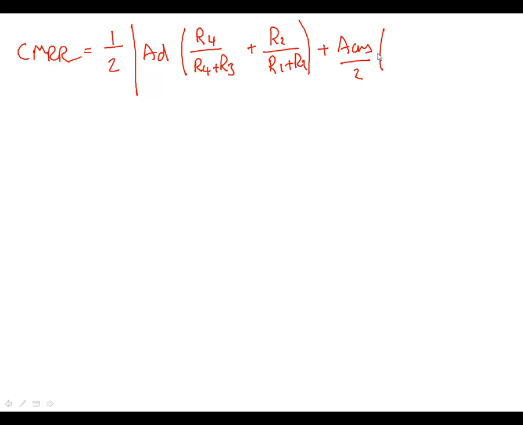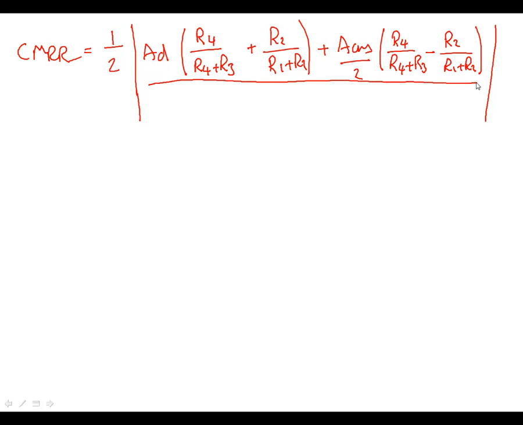And again in that term we have R4 over R4 plus R3 minus R2 over R1 plus R2. Okay, and of course that's not finished, that's only the numerator, all divided by differential mode gain,